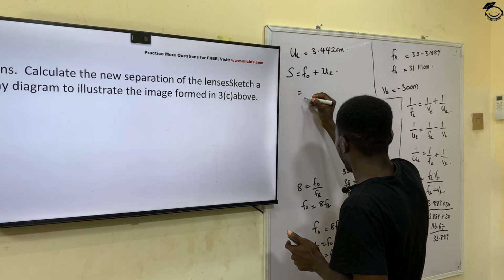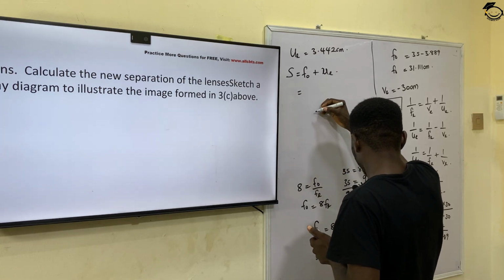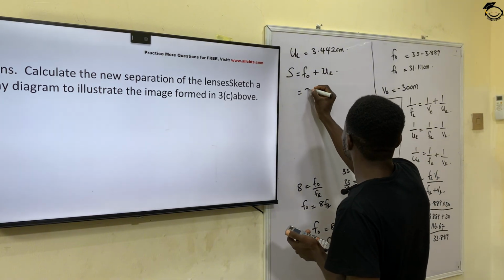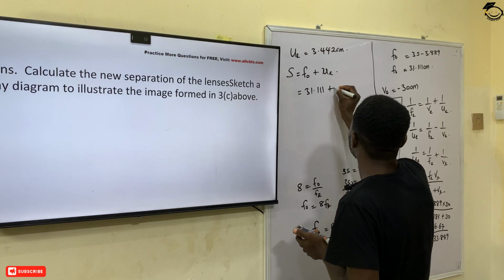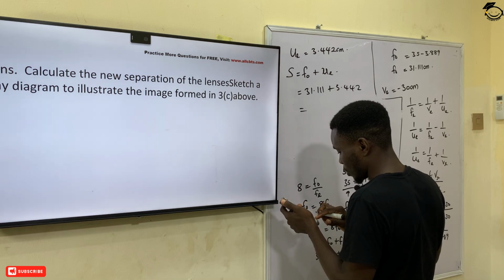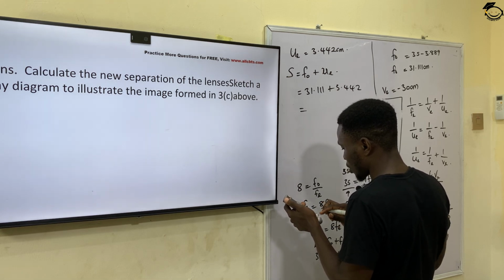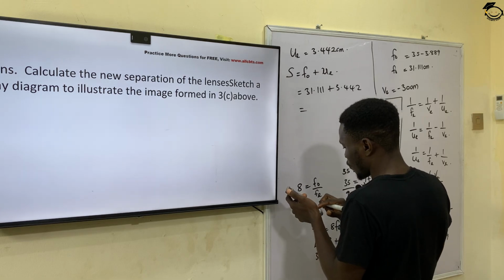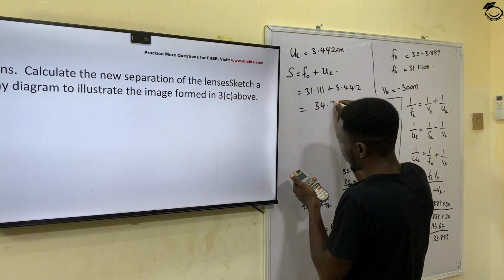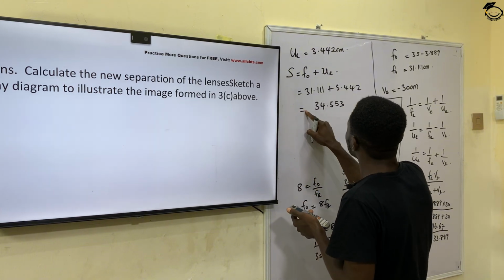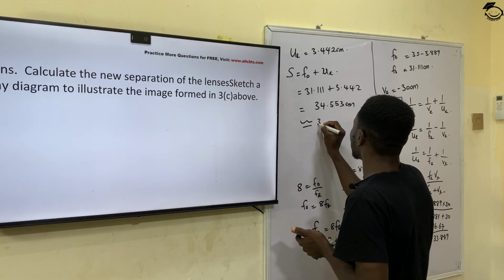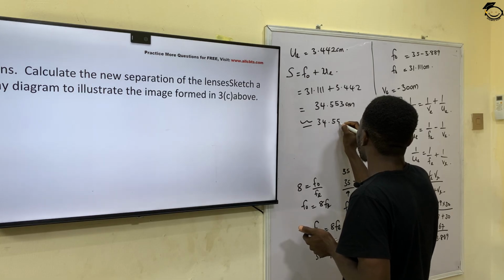My F naught was calculated as 31.111, plus 3.442. When I add these two together, my new separation is going to be 34.553 centimeters. So this is approximately 34.55 centimeters,